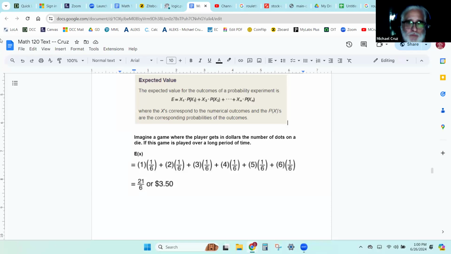So here we've got a game where the player rolls the die and gets $1 for each dot on the die. What would be the expected value of this game? Well, for the 1, the 2, the 3, the 4, the 5, and the 6, there are 6 different outcomes. For the 1, what we would get is $1,